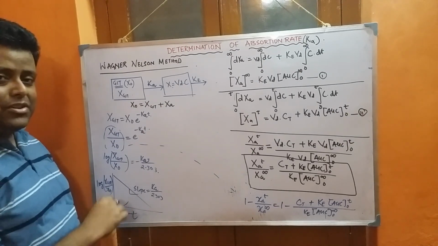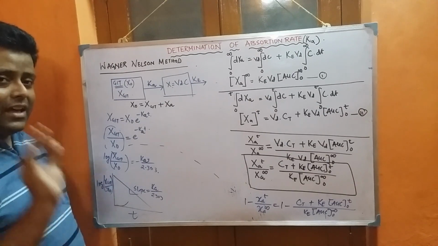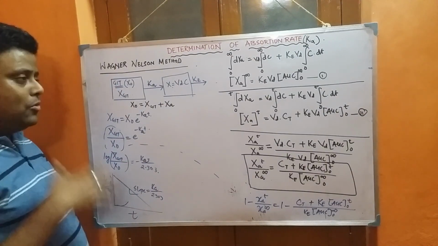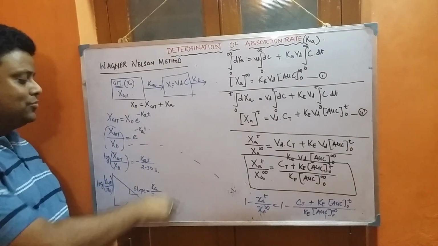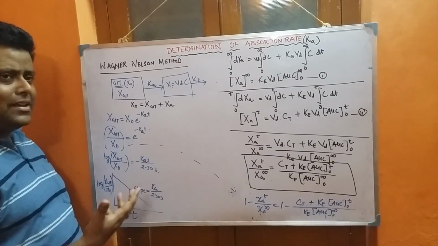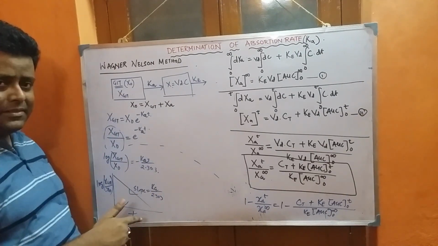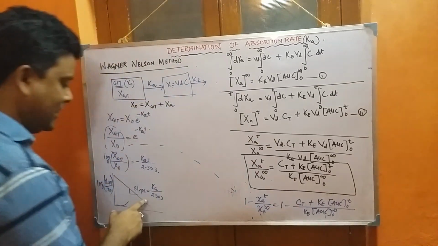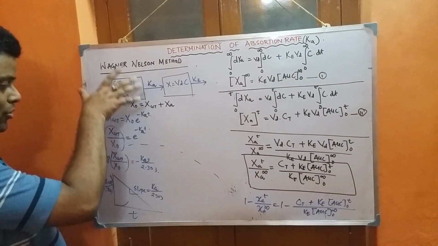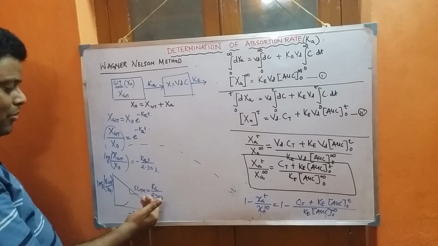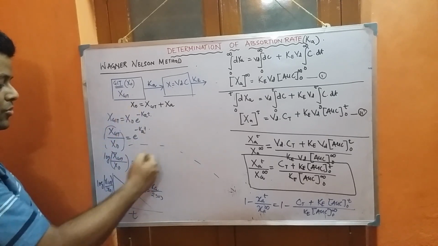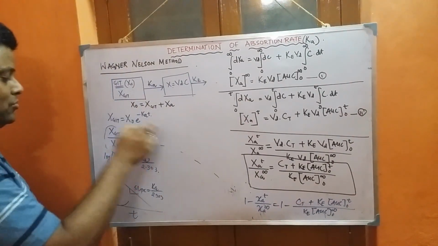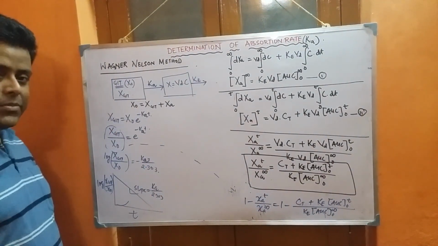Hopefully you understood the derivations properly. The only thing, as a concluding remark, I would like to say is that most of the time students get confused with this concept. Most of the time this concept is not made clear, so students cannot understand how from this we get the value of Ka. Hopefully you can understand now in which concept we get the value of Ka and what is being correlated to get the value of Ka. Thank you.